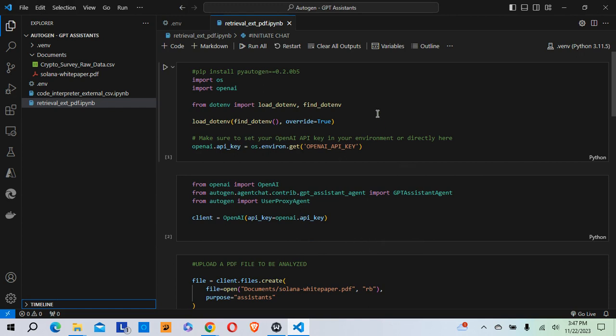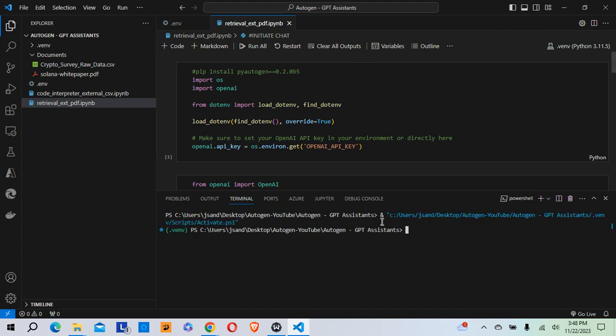Basically, I've set up a Python Jupyter notebook in Visual Studio Code. And the first thing to do is create a virtual environment, which I've already done. And there's only one installation that you'll need to do. So what you'll need to do after you've set up your virtual environment is simply